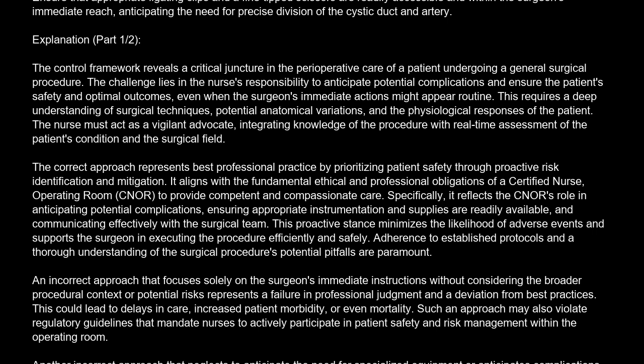An incorrect approach that focuses solely on the surgeon's immediate instructions without considering the broader procedural context or potential risks represents a failure in professional judgment and a deviation from best practices. This could lead to delays in care, increased patient morbidity, or even mortality. Such an approach may also violate regulatory guidelines that mandate nurses to actively participate in patient safety and risk management